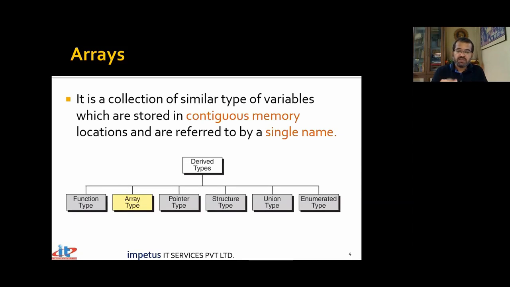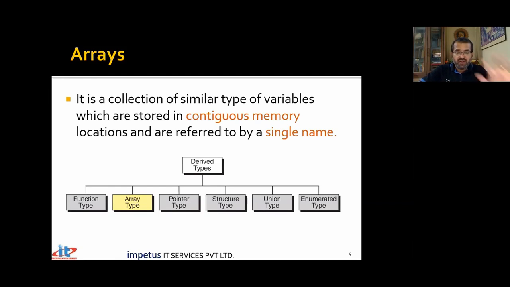That means, say there is a character variable. The first character variable, assume it is stored at address 401. The next will be at the next location, 402. The next will be at the next location, 403, and so on. So they are all stored in contiguous locations. So there is no such thing as one variable at 400, another variable at 500, another variable at 600. That kind of thing will not happen. All these variables are stored in contiguous memory locations, no gaps in between.